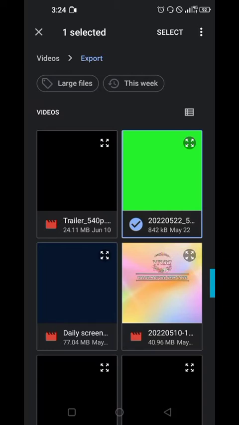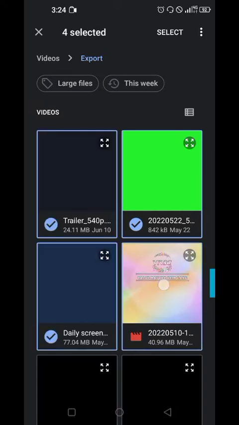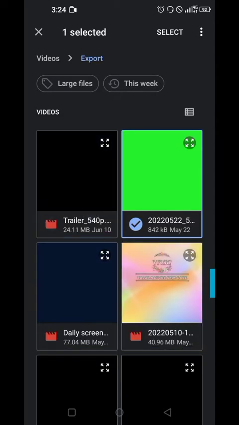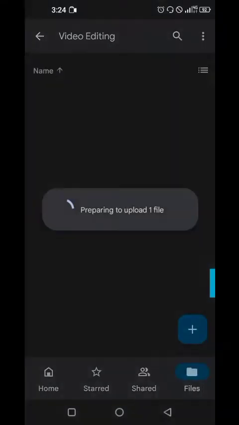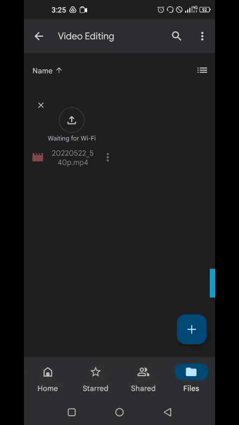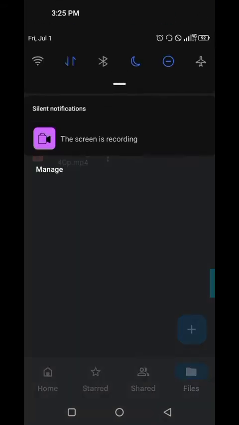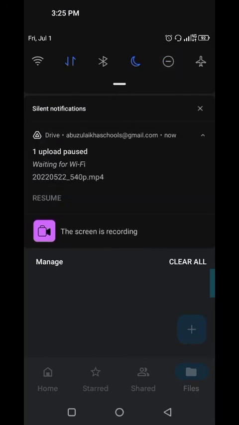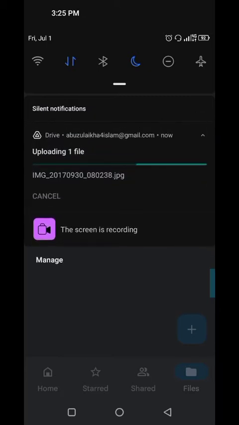So now if you like, you will select many. Do you understand? But let's start with one. So you just say select, so it now starts uploading it. It is asking you for Wi-Fi, so just come here. Okay, I switch this, just say resume. You can see here resume. I will just use my mobile data, just say resume. So it will now upload this